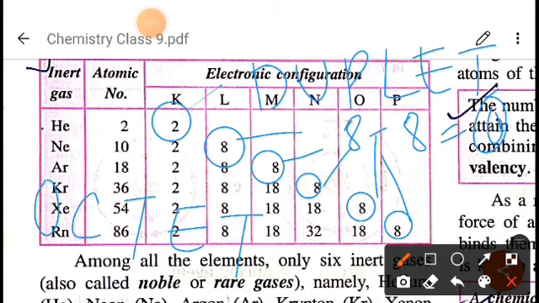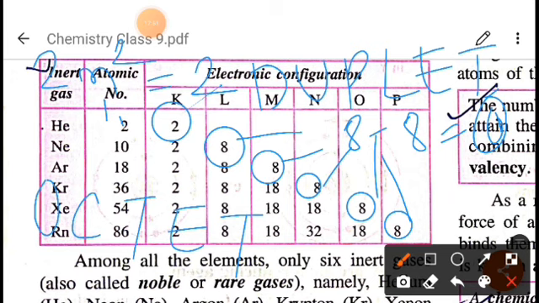Now, when we talk about helium, as you can see, helium has 2 electrons in its shell, which is called the K shell, which can occupy a maximum of 2 electrons, right? When you apply the 2n square rule, if n is 1, then it will be 2 into 1 square, which is 2 into 1, that is 2, right? So helium has 2 electrons, which is called a duplet, as I have already written there, in its K shell, which can occupy a maximum of 2 electrons according to the 2n square rule.